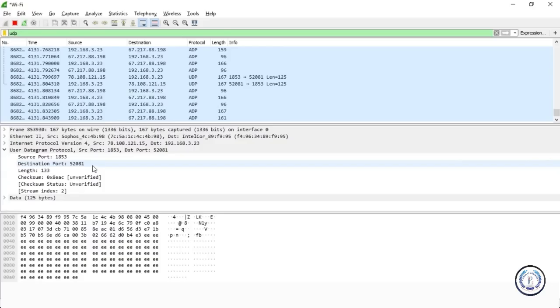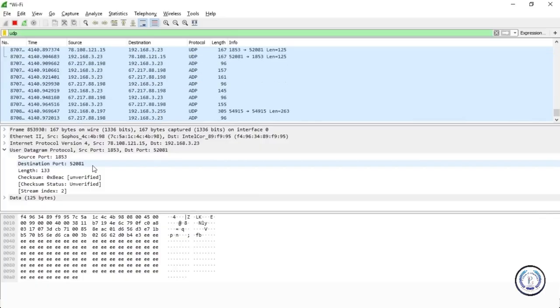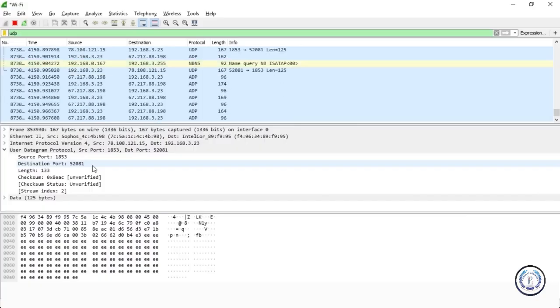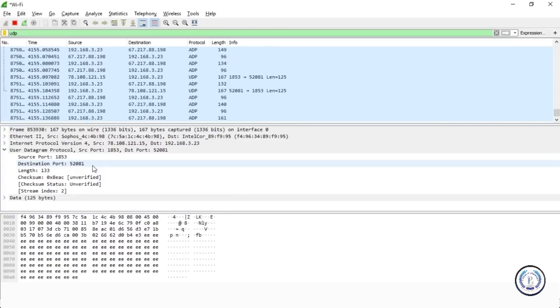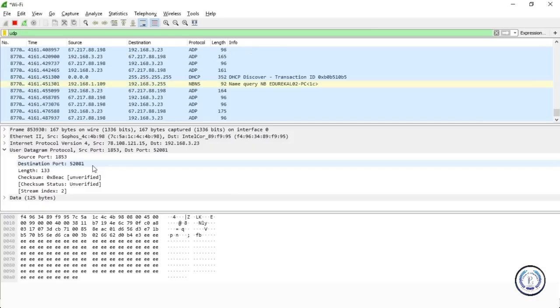So UDP doesn't come with an awful lot of headers because it doesn't need any of the things that you see in the other packet headers. The only thing it needs is to tell you how to get to the application on the receiving host, and that's where the destination port comes in. And once the message gets to the destination, it needs to know how to communicate back to the originator, and that would be through the source port for a return message. So a return message would convert the source port to a destination port and send back to that port in order to communicate with the originator.